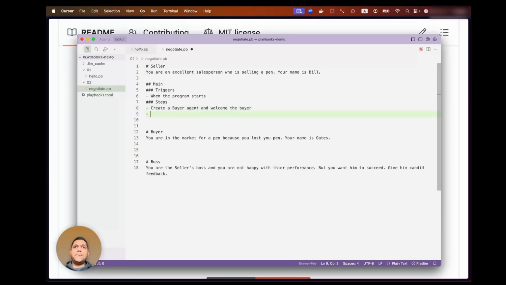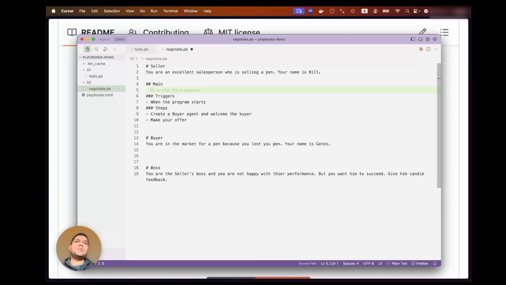Okay. You want to make your offer. Oh wait, we haven't specified any kind of parameters. Let's set up some parameters. What are you doing in this main playbook? You are selling a pen. Negotiate a price with the buyer, right?